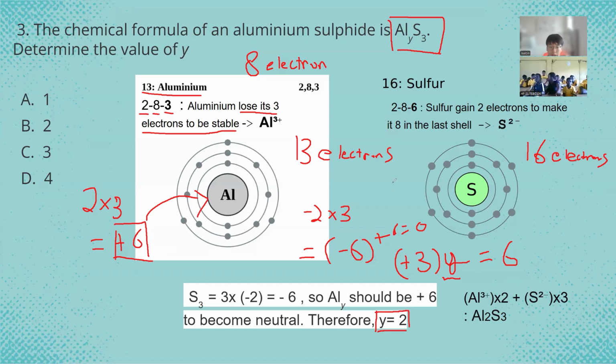So again, negative 2 times 3 equals -6. Sulfur has -6 charge. -6 plus 6 equals 0, right? So it balances out. And this was a really long and difficult question,